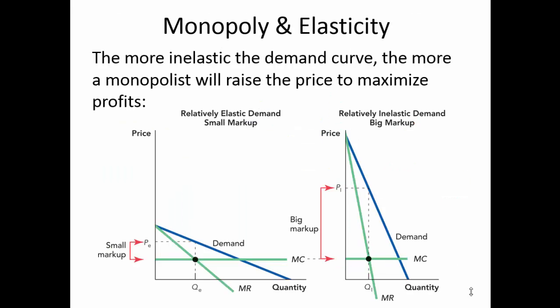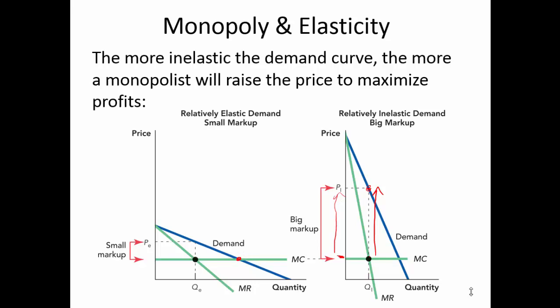Let me go back for a moment to this elasticity concept. A few minutes ago, I mentioned that you can raise price and gain revenue and gain profits if you're dealing with inelastic demand. So monopolists with an inelastic demand curve can stand to raise the price considerably. As you can see in the right panel here, the competitive price is way down here at marginal cost, but the monopolist can raise it substantially because you've got a steep demand curve, a very inelastic demand curve, and therefore a very steep marginal revenue curve. So that means that price on the demand curve is going to lie far above the marginal cost curve. Over here, if you were dealing with elastic demand, it's not the case.